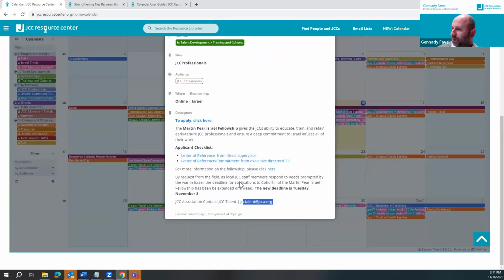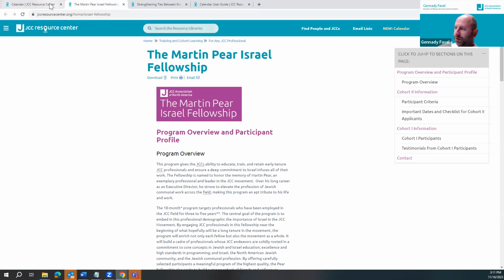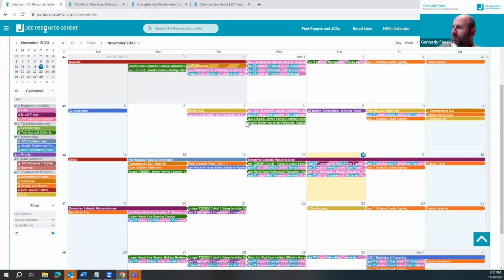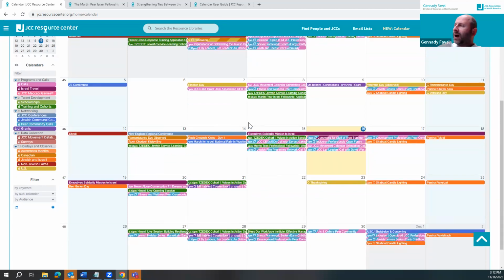And there is also a page for this opportunity in the JCC Resource Center. We can click here and get more information about this opportunity. So for calls, programs, etc., where there's an action item, you'll see the action items in the details. Some things like holidays are more informational.